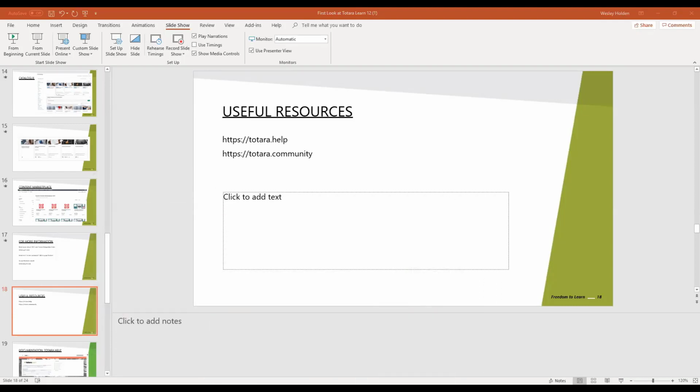Okay. The other piece is Totara.help. I'm going to pop over to that real quickly. The Totara.help site is going to have version 12 documentation up. I don't believe it's up just yet. It's in its final QA stage. But when you click on that Totara Learn logo, you'll see Totara Learn version 12